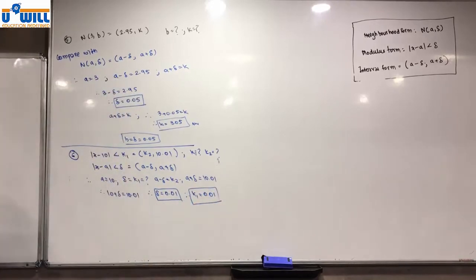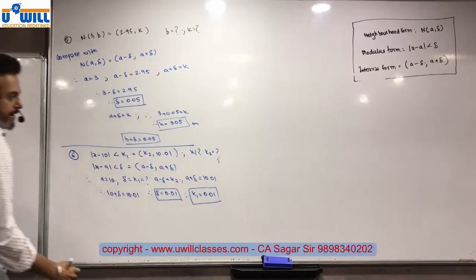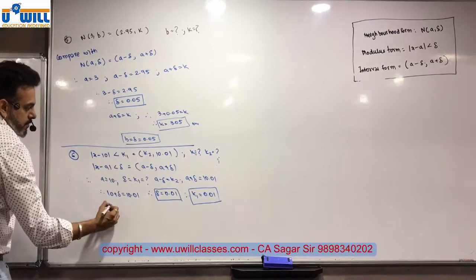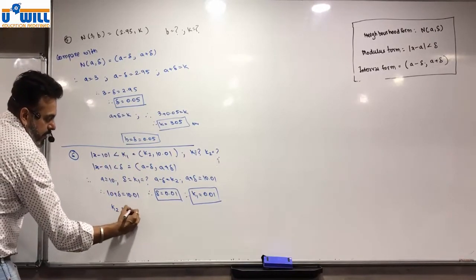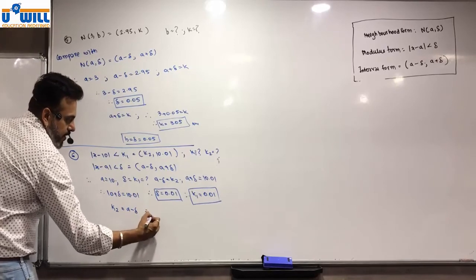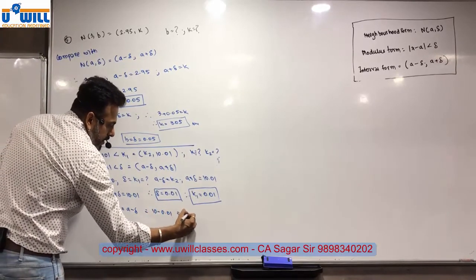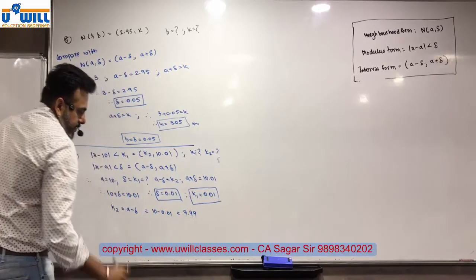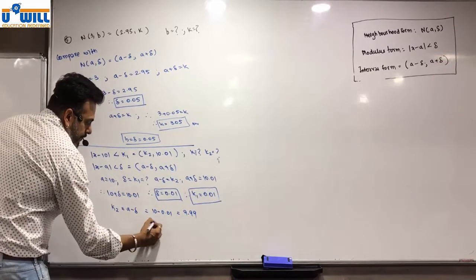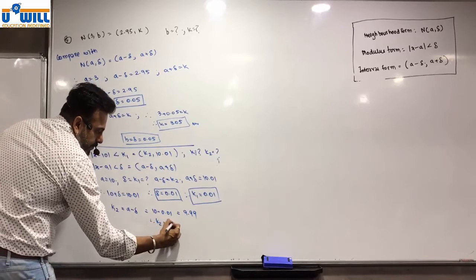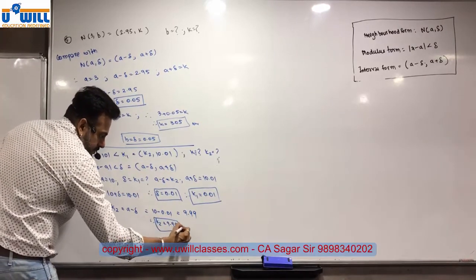We got k1. Now we have to find out k2. K2 is equal to a minus delta, which is equal to 10 minus 0.01, which is equal to 9.99. Therefore k2 is equal to 9.99. Hence